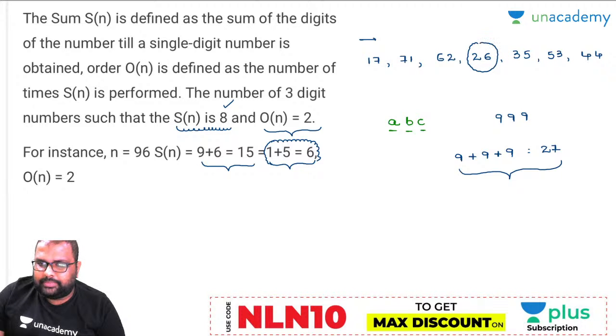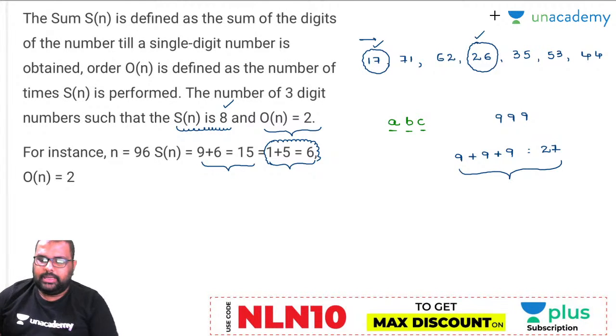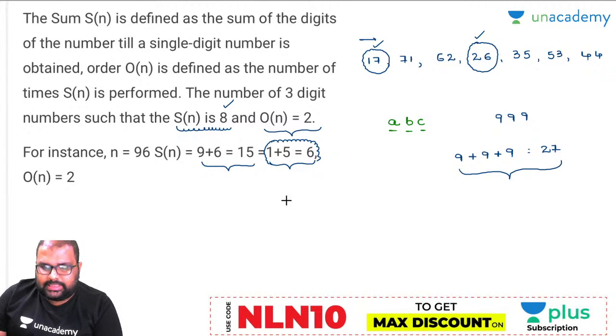Let me know the other number. Is it 17? Yes, perfectly. These are the two numbers where it is possible. Is it clear? Let me know. Yes, it is clear. Now let us come to this. Now let us take this case 17 here. If I take 17 here,